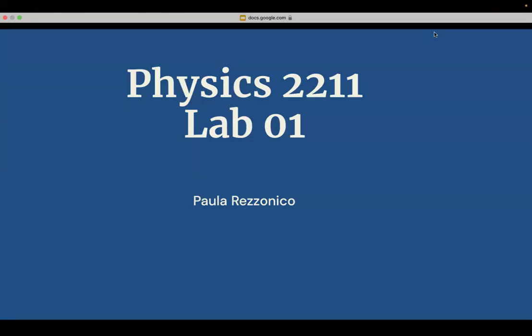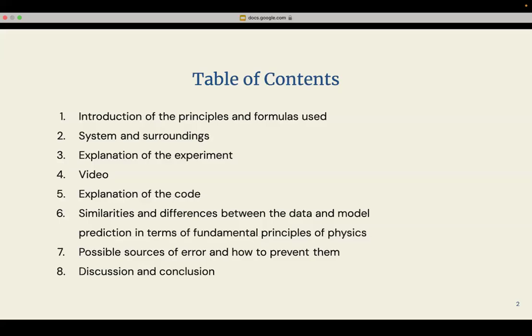This is my Lab 1 for Physics 1. So the table of contents is the introduction of the principles and formulas used, the system and the surroundings, the explanation of the experiment, the video, the explanation of the code, the similarities and differences between the data and model prediction in terms of fundamental principles of physics, possible sources of error and how to prevent them, and discussion and